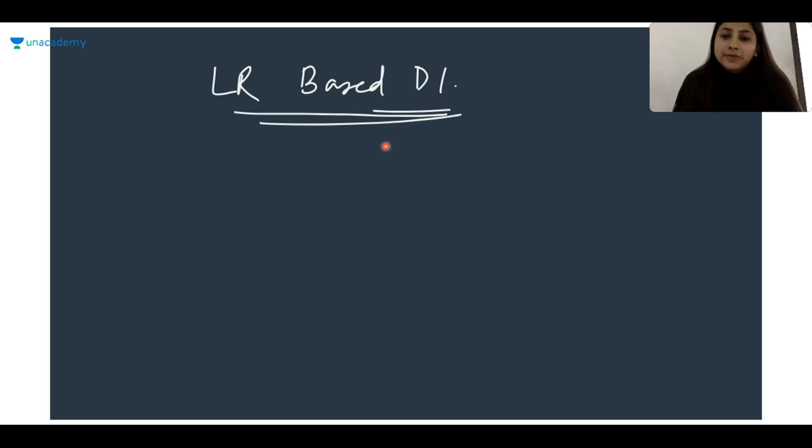Okay, so if you observe the pattern of the recent CAT papers, you will see that they don't ask you questions just on DI, just on a simple pie chart or a simple bar graph or line graph. The questions are not asked like that nowadays, like it used to be 10, 15, 20 years ago, right? The pattern has changed. How it has changed is they are trying to incorporate more than one topic in a particular question, whether it is LR or DI.